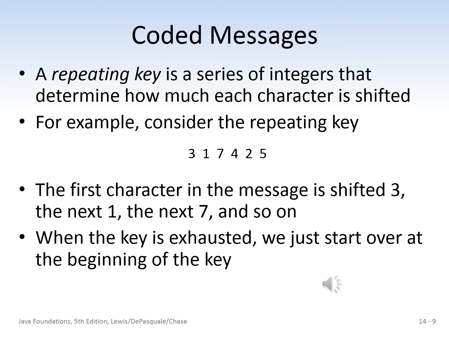So let's introduce a new term with regards to encryption. A repeating key is a series of integers that determine how much each character is shifted. So for example, here's a repeating key, 317425. And you've got a message that contains, I don't know how many characters, 723,287, right? So the first character in the message is shifted by 3, the next 1, the next 7, and